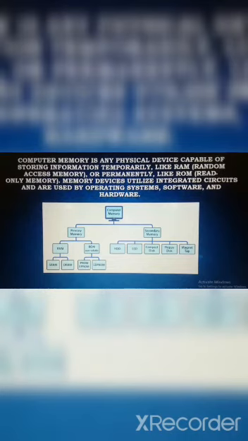So here is the basic structure. We can see here the computer memory has two types: primary memory and secondary memory. Primary memory again has two types: RAM and ROM. RAM again has two types: SRAM and DRAM, that is static and dynamic. We already know all these things. We have been studying since class 6, I hope. Next is ROM. ROM is PROM, EPROM, EEPROM. Similarly, secondary memory has lots more types, as we can see here.